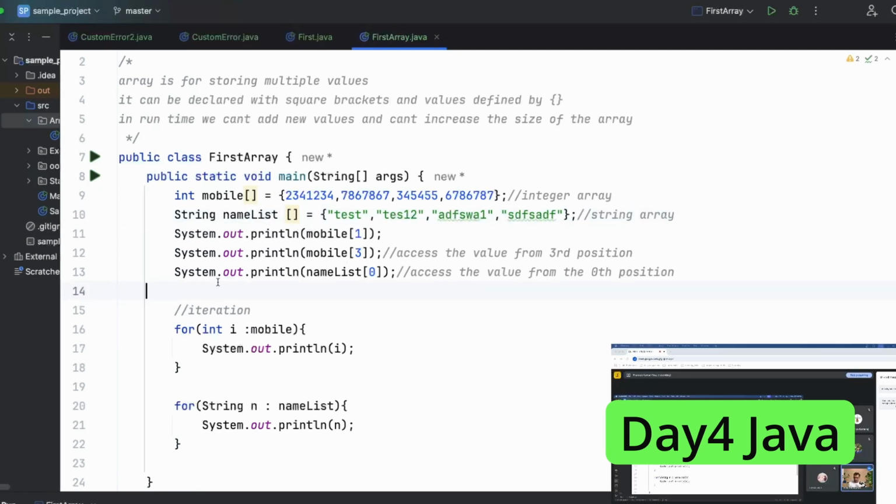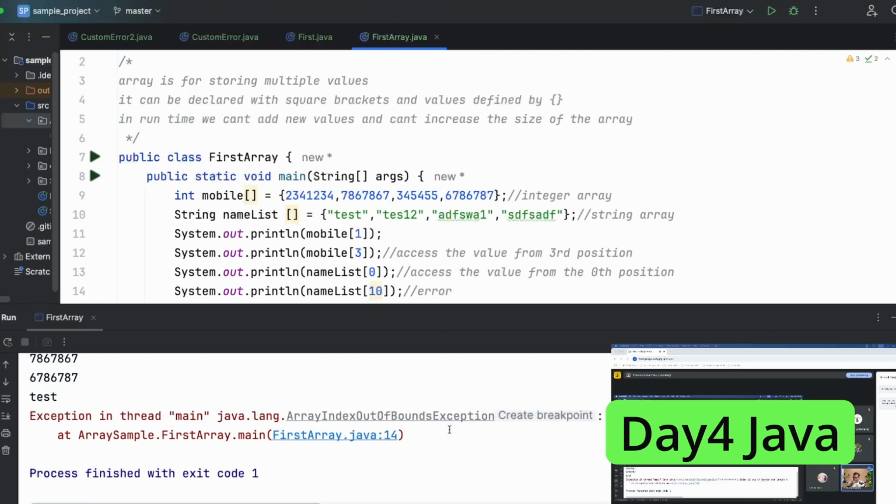Let me show you now. So just copy this one, and I am mentioning the 10th index actually here, but as of now in the string array I am having up to 4, correct? So if I am mentioning 10 it will throw the error. It's not that it will just ignore, it throws the error. If I run the program,